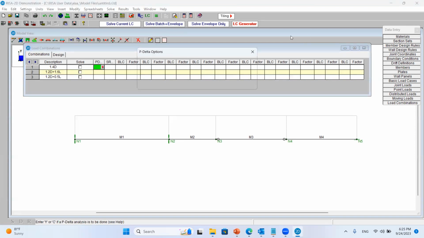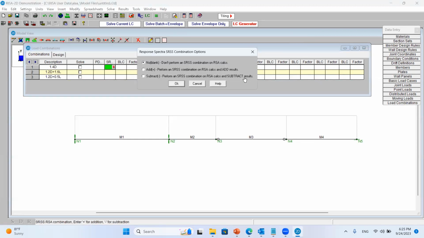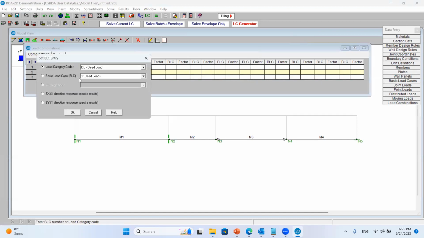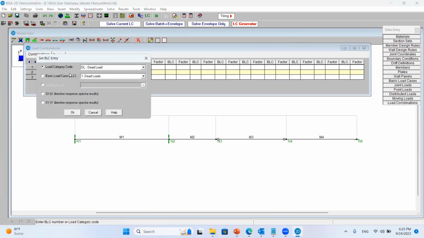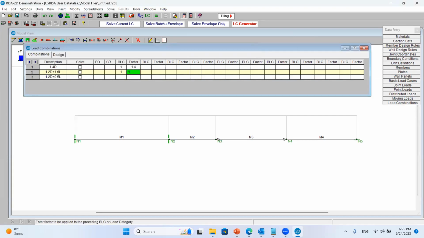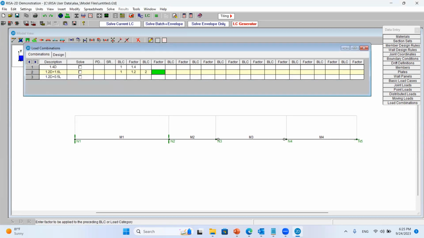Okay, so here we can select the load case included in every one here. Sorry, yes, the primary load case here. So I will include the primary load case here. The dead load and the factor will be 1.4, and in this one I will include also the dead load case, and its factor will be 1.2. Okay, and in this one, at the same time, I will include the live load with a factor equal to 1.6,